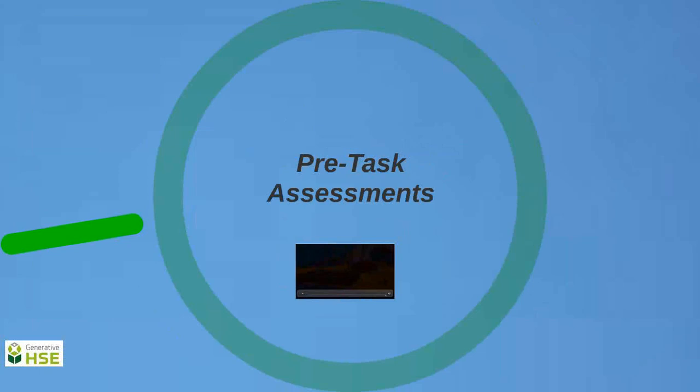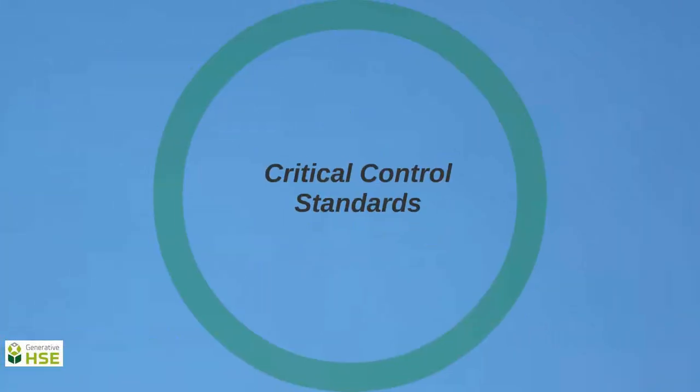Okay, so let's say you've applied the critical risk methodology, you've assigned critical controls for all your critical risks, and you've got an effective pre-start assessment tool. I guess what you need to know now is how can you ensure that that control is relevant and effective months or years after it's implemented. That brings me to my next point, which is critical control standards. Critical control standards are a tool that's used to stipulate the framework for a critical control, and it sets the parameters on how the control works, how it's designed and how it's audited.